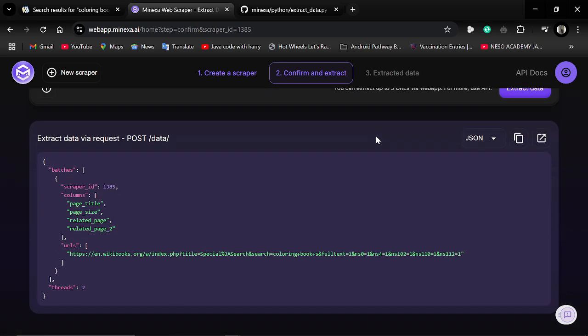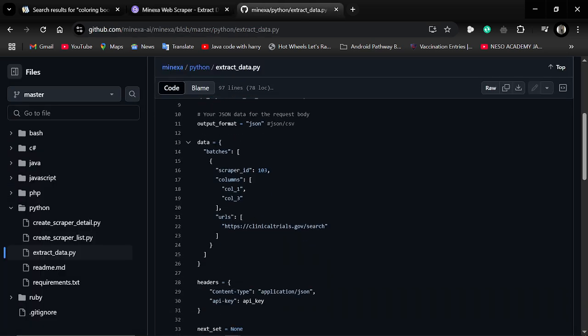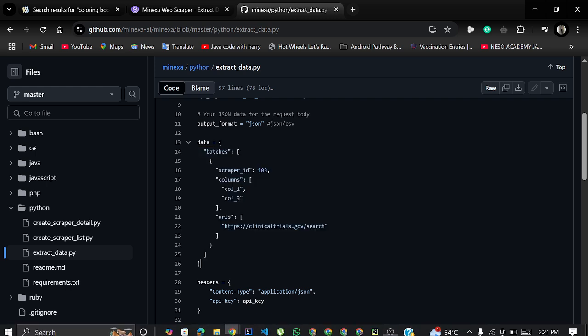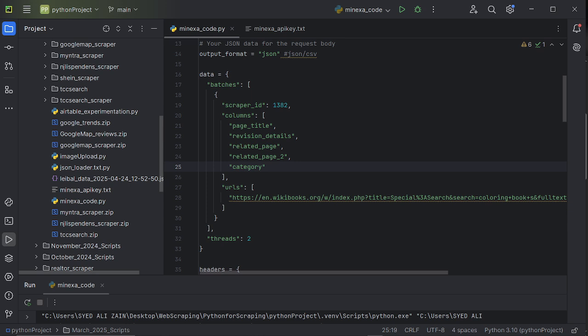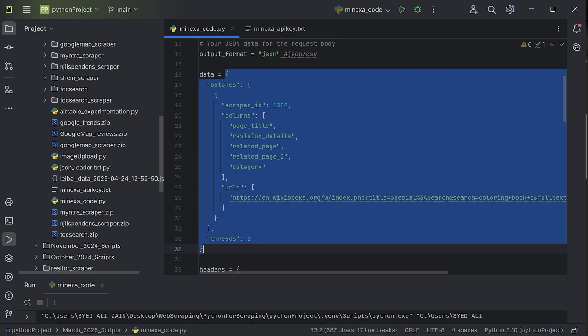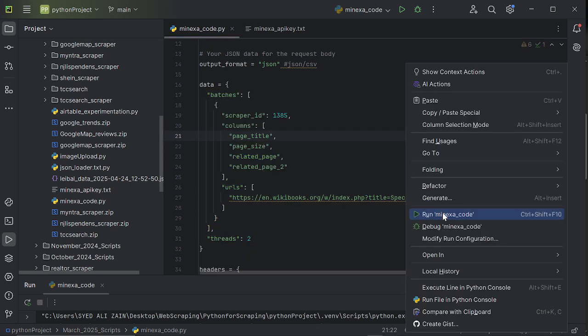Now Minexa has given me this code for my related columns. I will simply copy that code and paste it in the Minexa base code, replace this data's value. I have this code already in my editor, so I will replace it. I have replaced the data's value. Now I will run my scraper